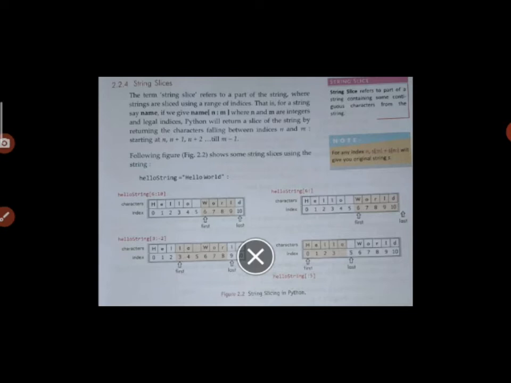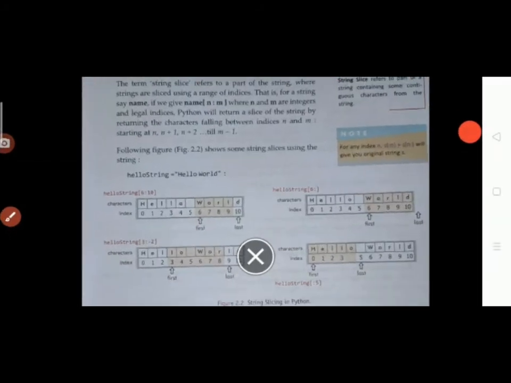A string slice refers to a part of a string containing some contiguous characters from the string. Contiguous characters means moving from one index to another index, for example 0 1 2 3. This is the contiguous form of a string, shown in the example.